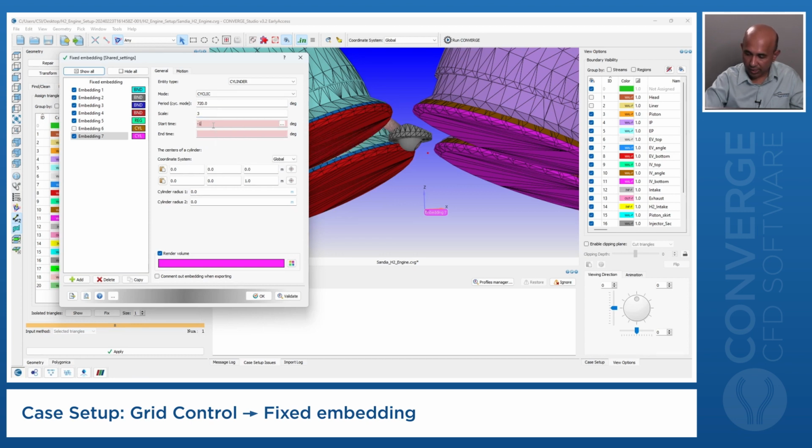I want to start it at negative 137.5. If you remember, I start injecting my hydrogen at negative 170. So I start this embedding a little earlier than that, so I get a good turbulence field, velocity field in there, and I end it after the hydrogen injection is done. Now,